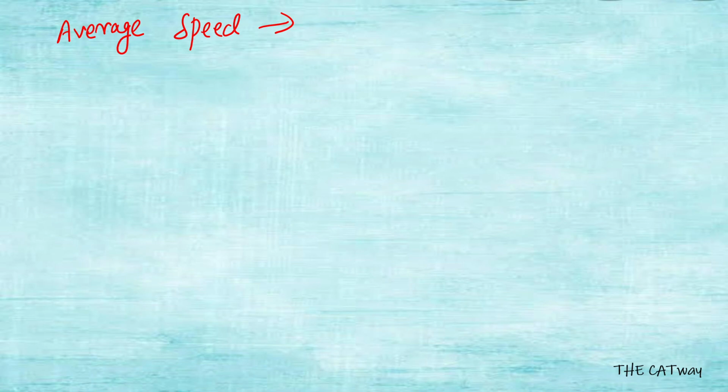Let's say, for example, I went 100 kilometers in 10 hours, then I went 100 kilometers in 4 hours, and then I went 100 kilometers with a speed of 50 kilometer per hour. Now you have to find what was my average speed for the total distance which I covered. So the formula in this case would be, okay,